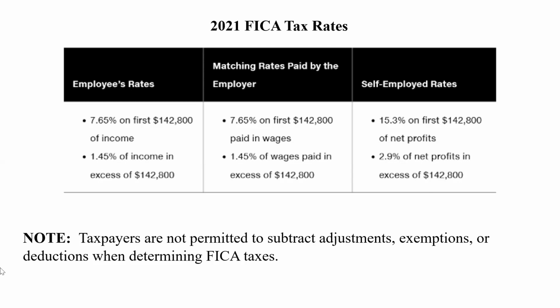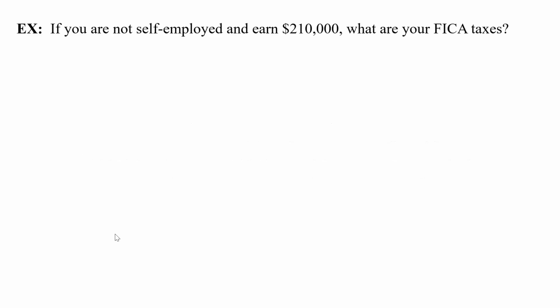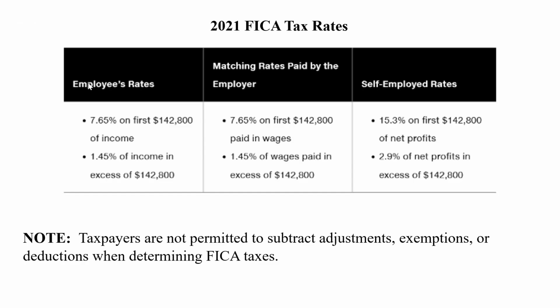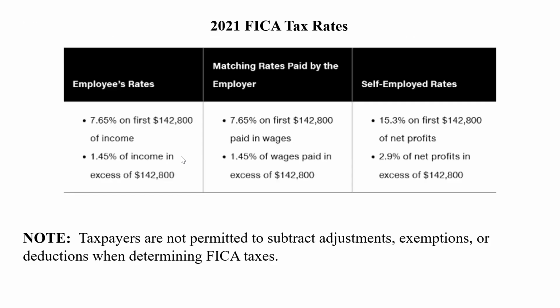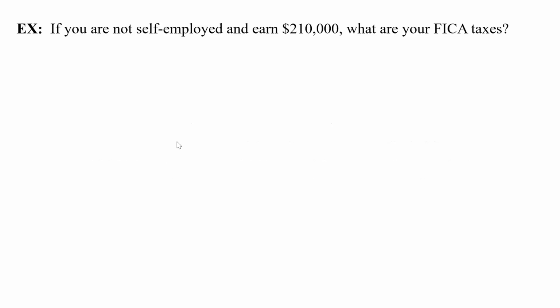Taxpayers are not permitted to subtract adjustments, exemptions, or deductions when determining these taxes. So whatever you make, that's what you're going to have to pay taxes on. For example, if you're not self-employed, so you have a job with somebody and you're an employee, and you earn $210,000, what are your FICA taxes? All right, so 7.65% on the first 142,800. So we know we're going to have to convert that to a decimal,